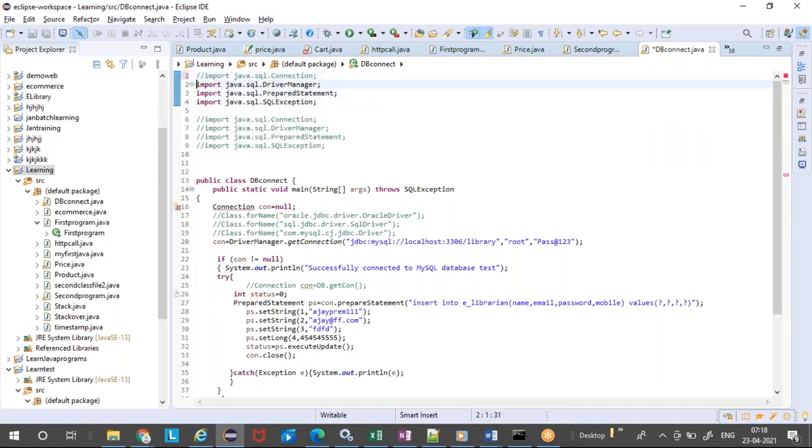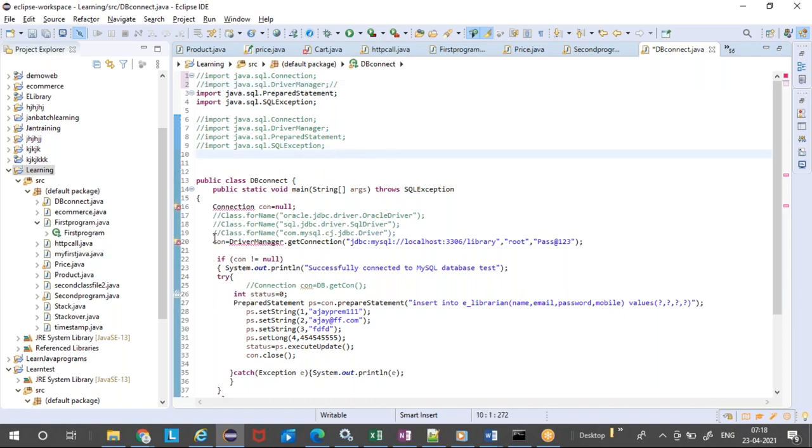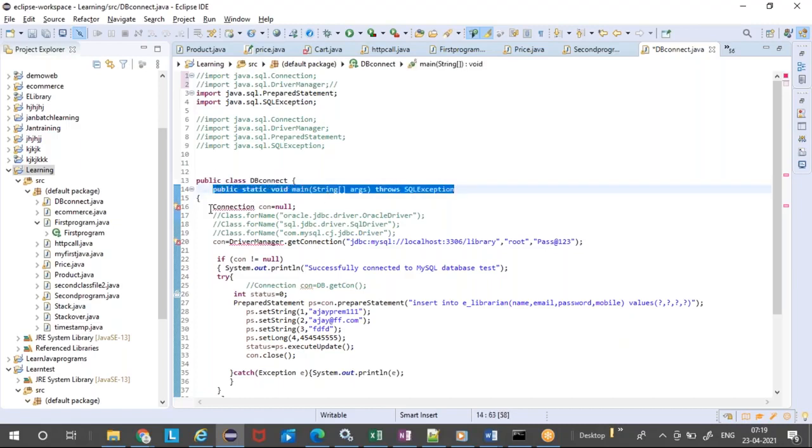Probably we will go and even comment it, because we will not know what are all things to be imported, right? So we'll just go and... okay. So now if you see, I have created a new class file called dbconnect and created a main method. Okay, so inside that again there are going to be a set of lines.